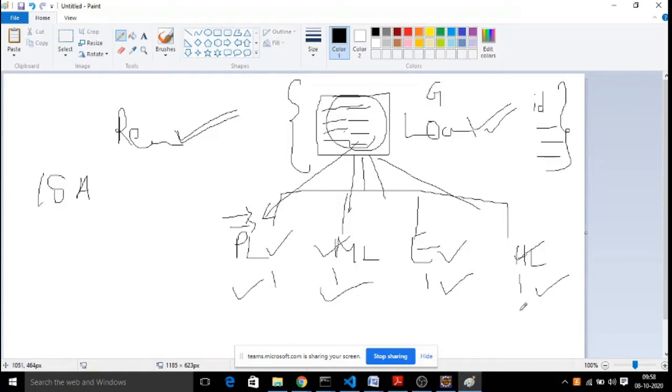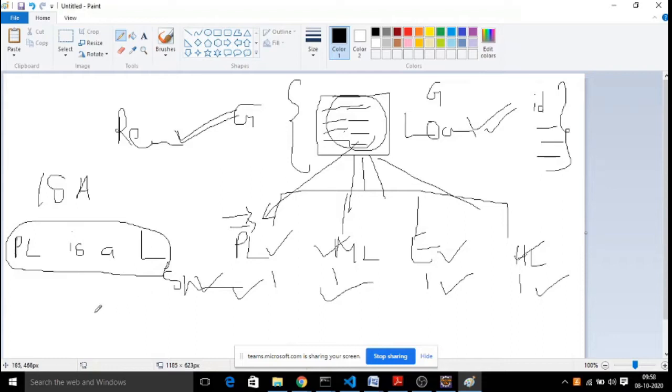Superclass is called the general class. So now what we will say is personal loan is a loan. This is the relationship. So inheritance is also called the is-a relationship.